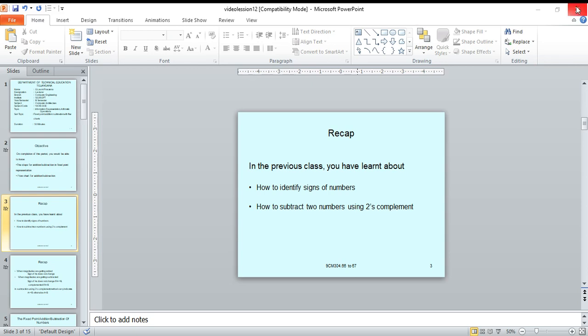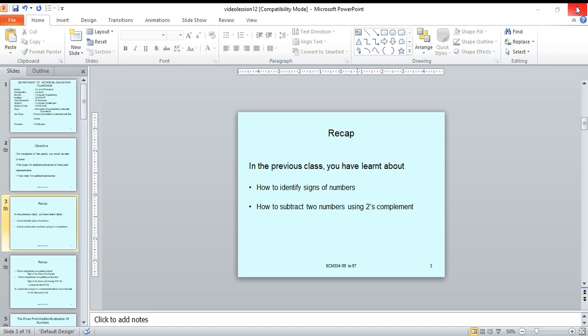If you want to do the subtraction between two numbers, then we have to perform the XOR operation to find out whether the signs are the same or different. In the subtraction operation, if both the signs are different, then we do the addition operation. If both the signs are the same, then we do the subtraction operation. That is the way to check the equality of the signs of the two numbers.